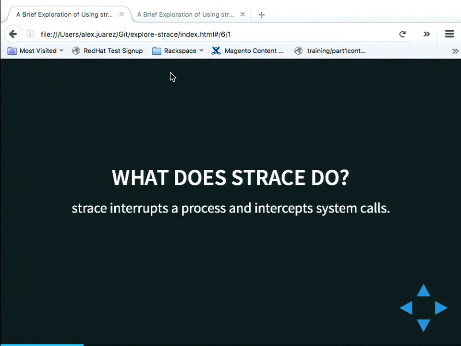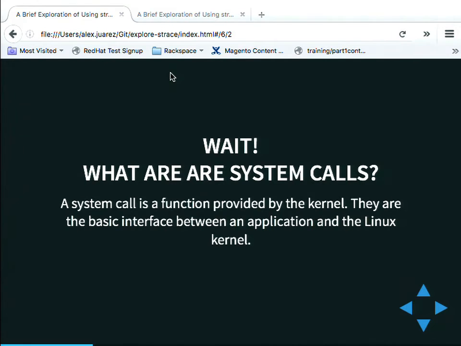So what does strace do? Very simply, strace interrupts the process and it intercepts the system calls. The system calls, well, let me jump to the next slide here. All right, I introduced the term system calls. So what is a system call? A system call is just a function that's provided by the kernel, or exposed from the kernel to the application